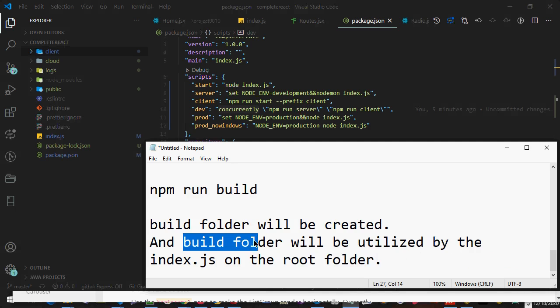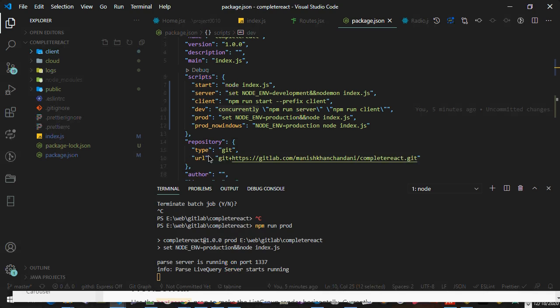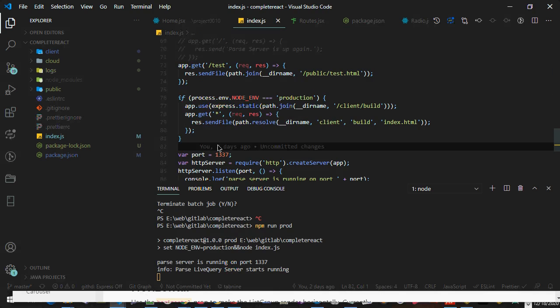So the build folder, which is created inside the client folder, is utilized by the index.js on the root folder, that is index.js. We say if the production, then we use the build folder, and then any path, any